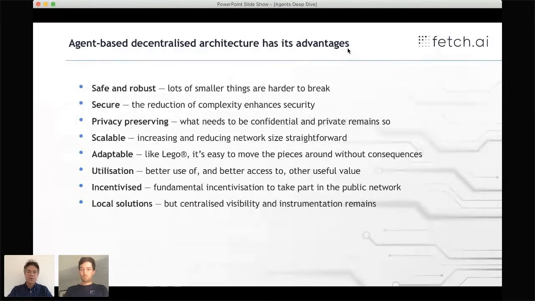And also it's local problems and local solutions. This is important in delivery. It's important in, for example, energy supply and many, many other things, and in providing an incentivization mechanism for people to take part. When you can, for example, make your own agents that connect to the utility value that you have, and they can just sit there and provide you with an income for delivering that value to others, then that's a worthwhile thing to do, so long as we can make it easy enough to do that.